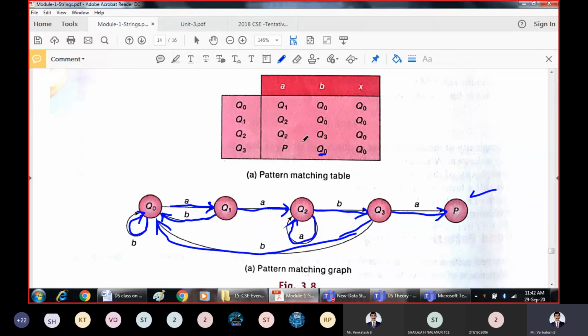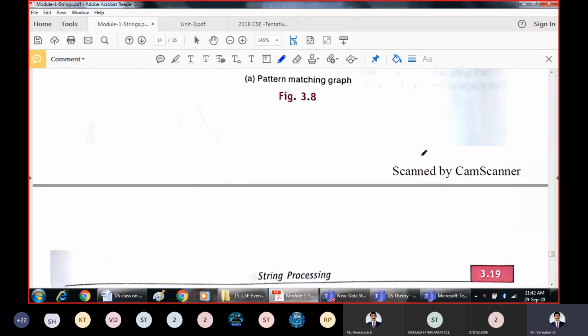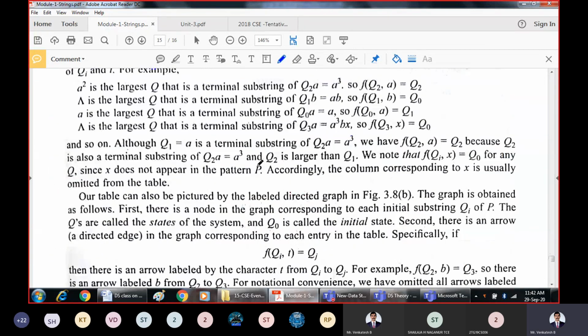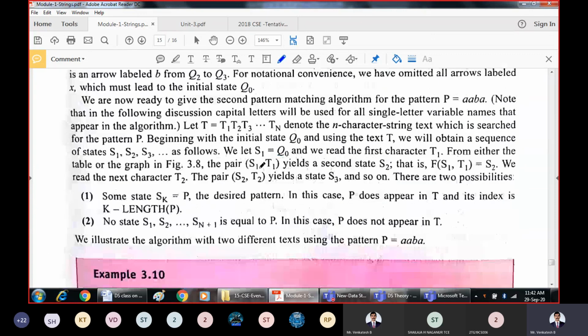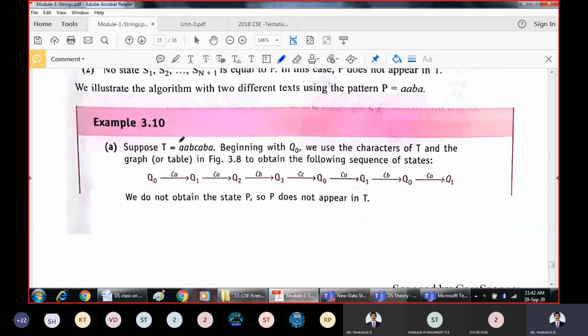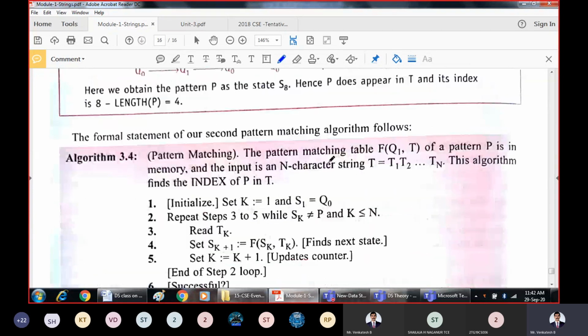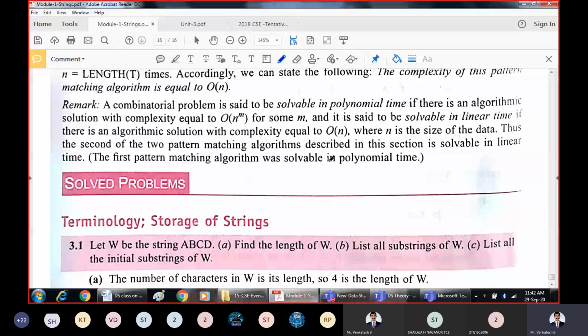Actually, many more such examples we will be studying in automata theory and computability, that is finite state automata in your 5th semester. When you are in your 5th semester, much more detail will be studied. But for now, you need to understand only this much, how the patterns will be found. So this entire thing, whatever I explained, is the theoretical part for that. And these are some more examples they have considered. We just go on reading and the patterns are found, and successful conditions and failure conditions are also given.